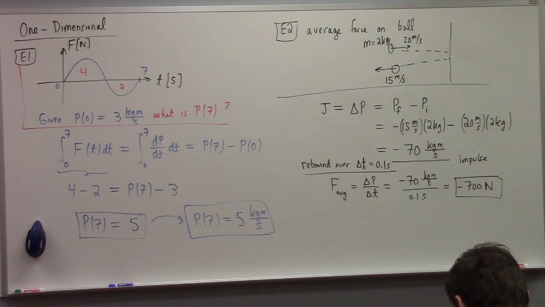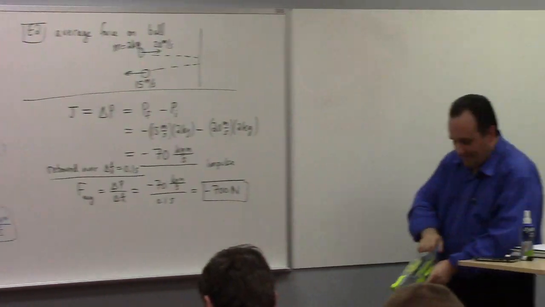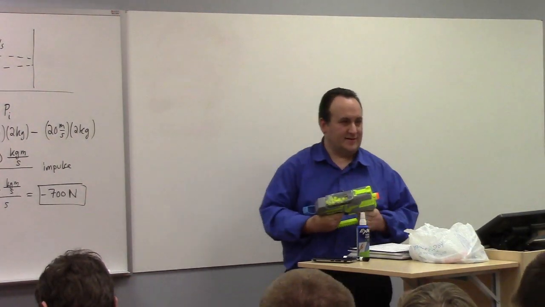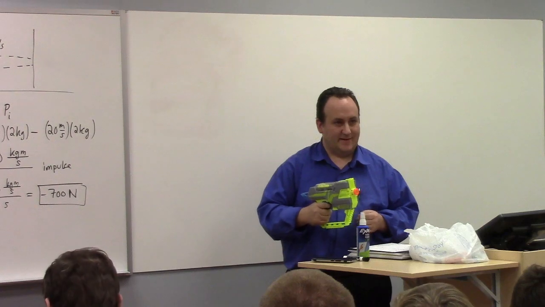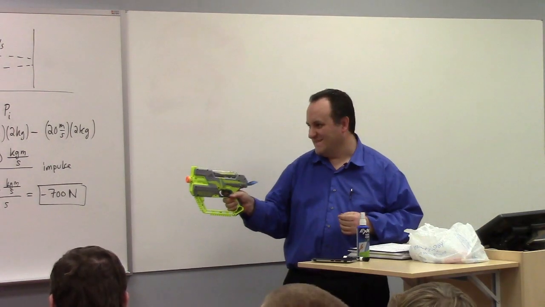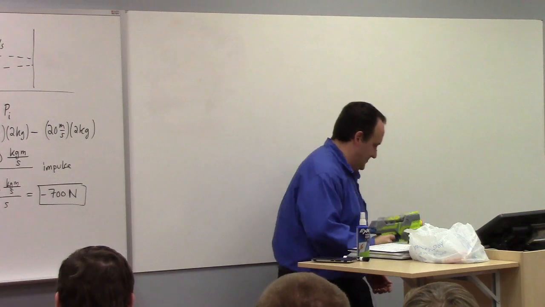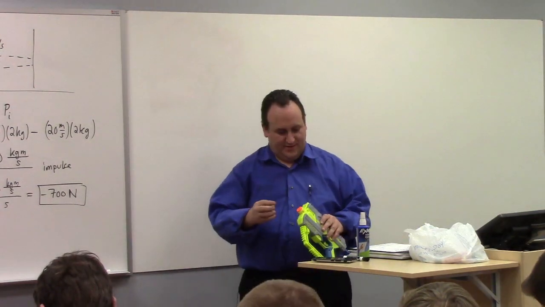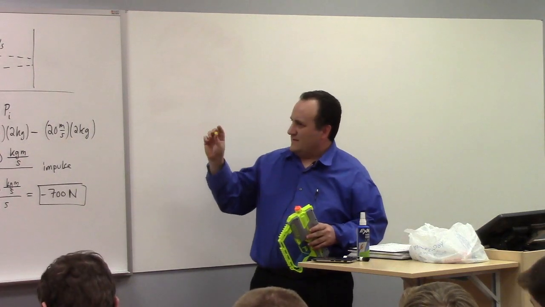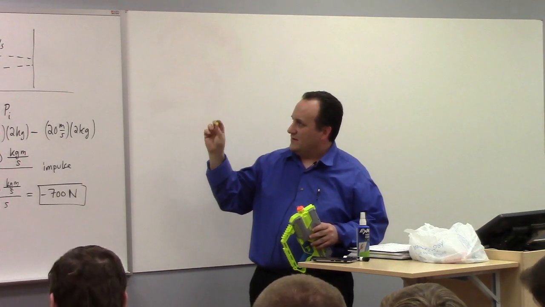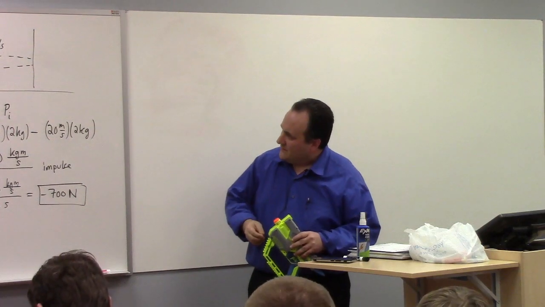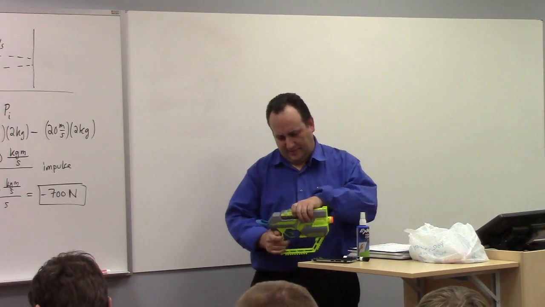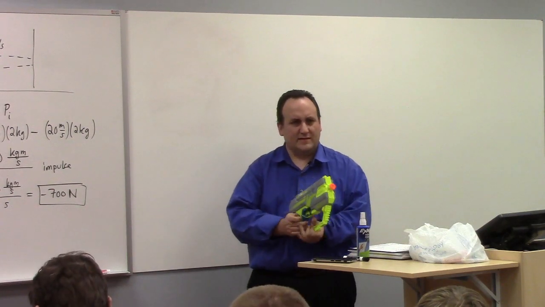So to illustrate, I brought my gun. Now, fortunately, it's not 2 kilograms, right? Like it's slightly less. But, and also I don't think this is losing, from the look of it, 25% of its speed in the collision either, is it? It's pretty well, I would say it's close to an elastic collision with the wall.